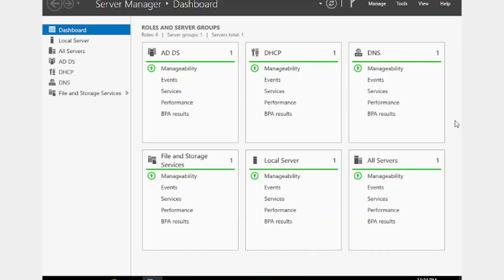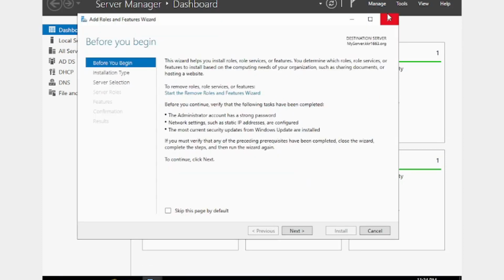Good day everyone. Within this video I will be demonstrating how to install Windows Deployment Services and also configure Windows Deployment Services. So to begin, under the Server Manager dashboard you want to go into Manage, Add Roles and Features,